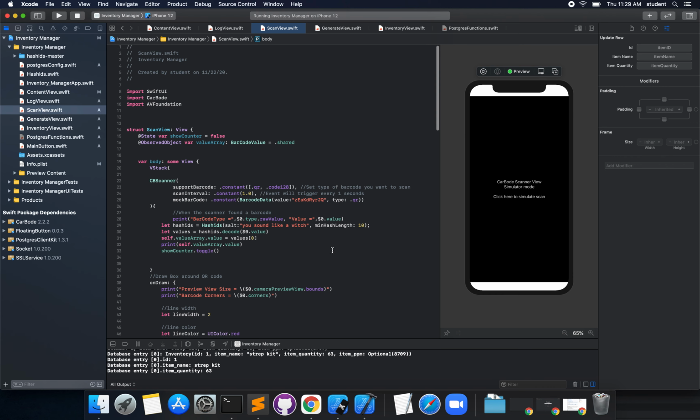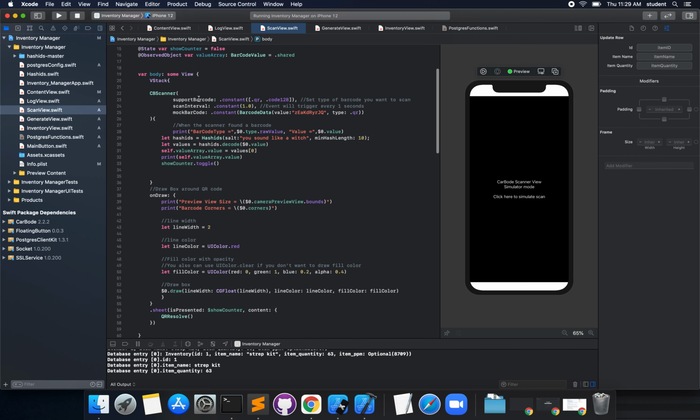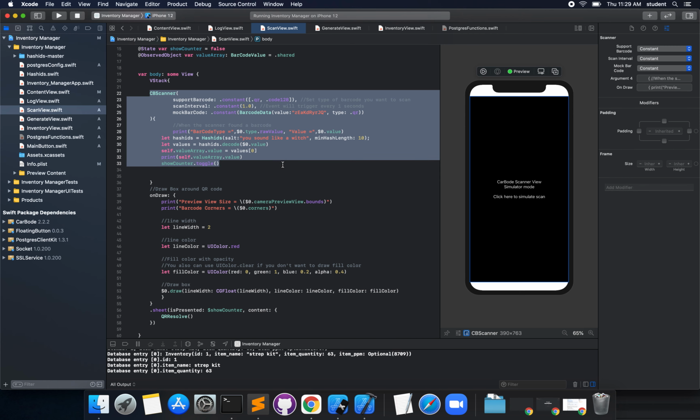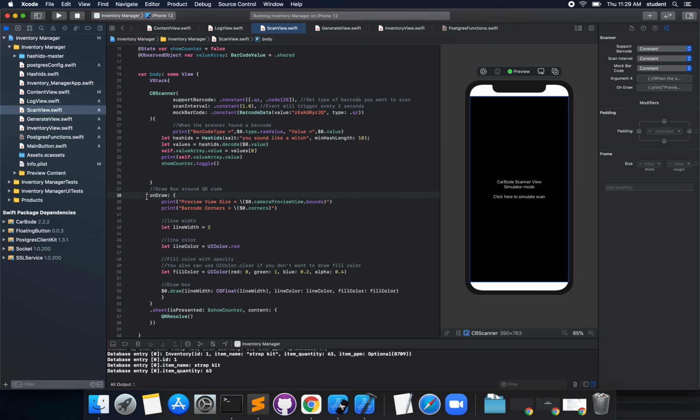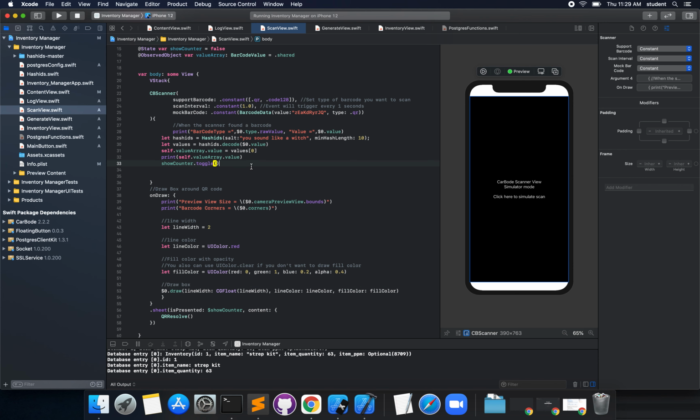In here there are a lot of things. I don't know where to start. I guess the top. Here is our scanner, and down here is a little extra bit to make a square around the QR code. The scanner is also